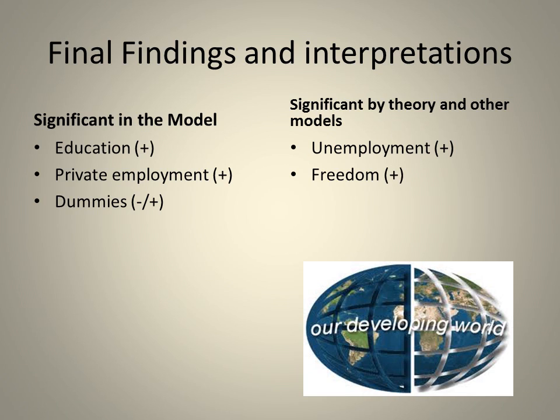In the model, it was statistically significant for education, private employment, and those dummies, but it really didn't matter about unemployment or the freedom index, which contradicts theory. Some of the problems I had with the model that I'd like to get back to: obviously, those coefficients were so robust. There must be some omitted variable bias. That should be taken care of in the next regression with more research and adding in different variables.